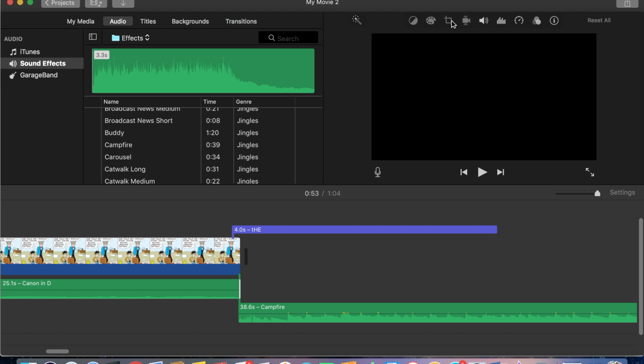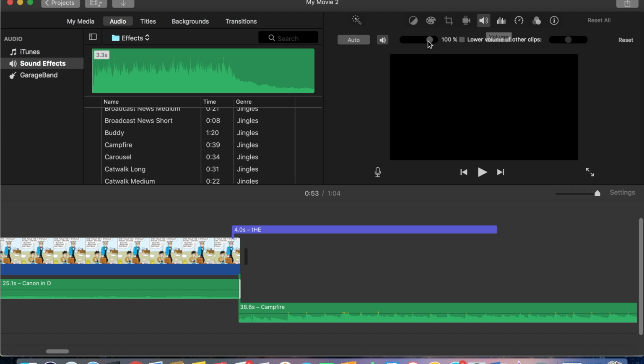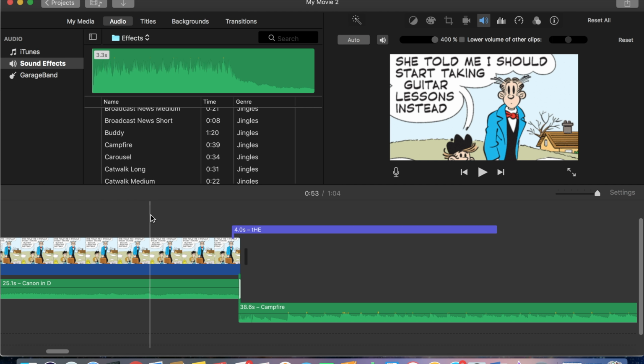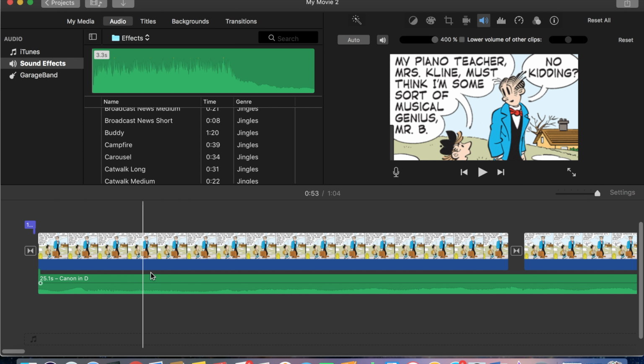Cropping is to crop out certain parts of videos that you don't want. So if you have a blooper at like the end of a video, you can crop it out. It's very simple. And then for audio, this can just make how loud you want your audio to be throughout the movie. That's about it. So now that we've done all that,